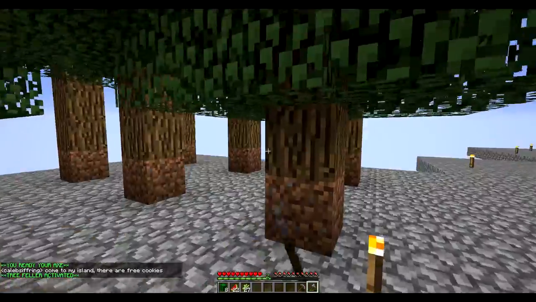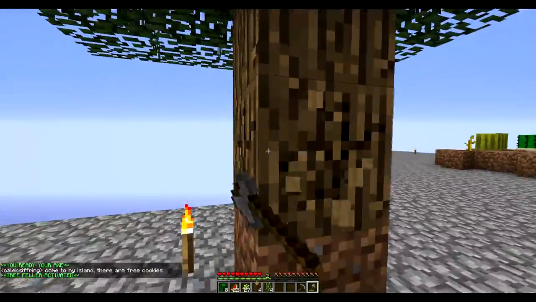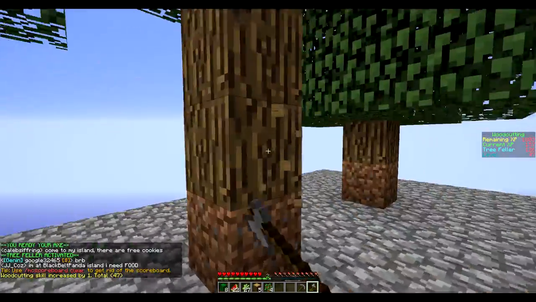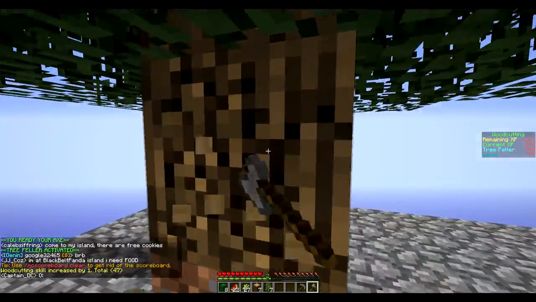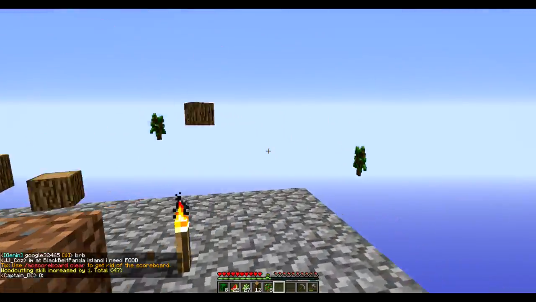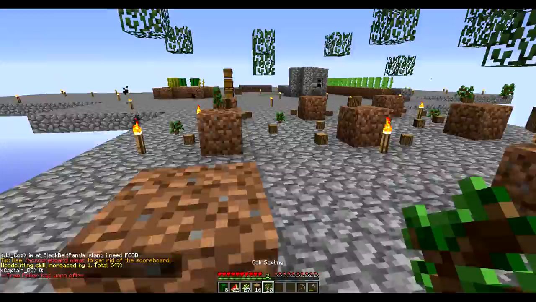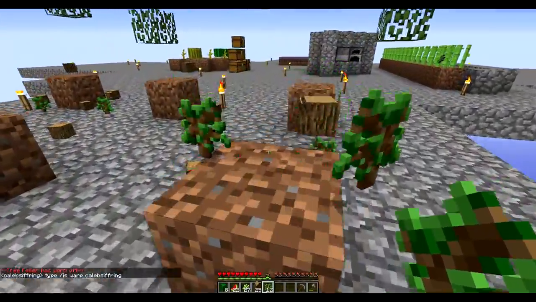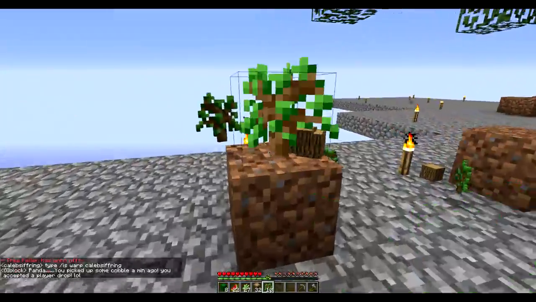I'm going to use my tree feller ability here with MCMMO to chop these trees down. And to use tree feller, you just right-click with your axe. When you go to chop the wood, you only have to right-click once. Eventually, it'll wear off. Yep, there it goes. Tree feller has worn off. And there's other abilities in MCMMO for different...